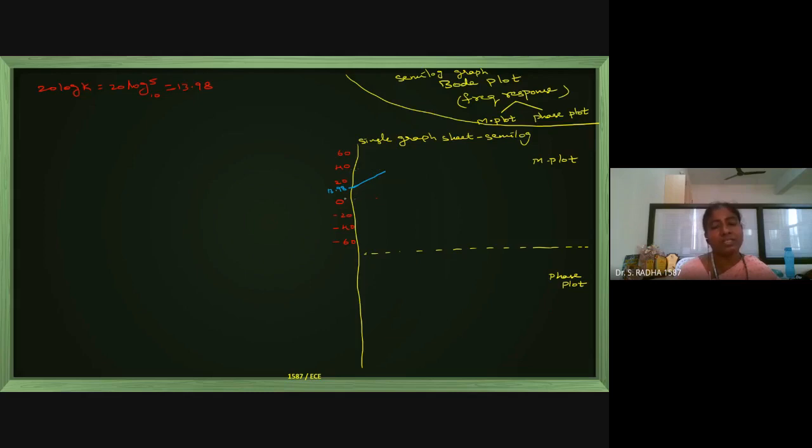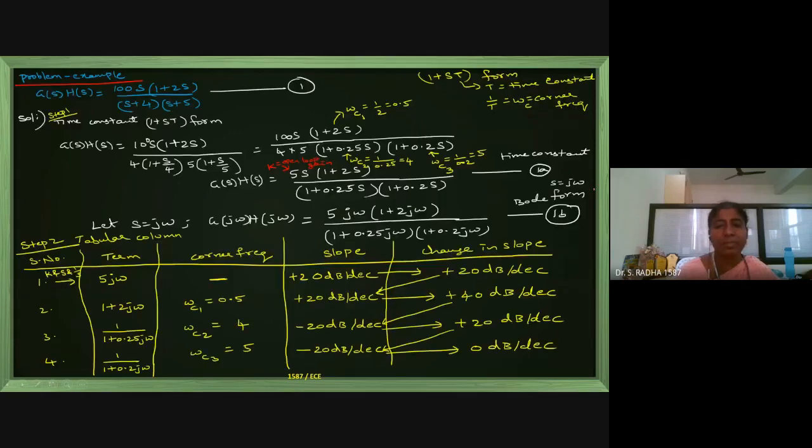This is the x-axis. I will take the x-axis somewhere here on the 0 dB line. I will make the initial value 0.1. Decade means multiply by 10, so multiplying by 10 it should go to 1, again another vertical line. In the graph sheet there will be dotted vertical lines. Into 10 means 10, into 10 is 100, then 10 power 4, 10 power 5, like that. So the x-axis is decade frequency. We are writing dB per decade. Decade means 10.